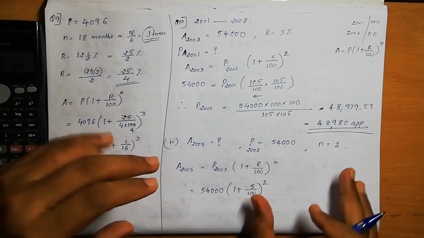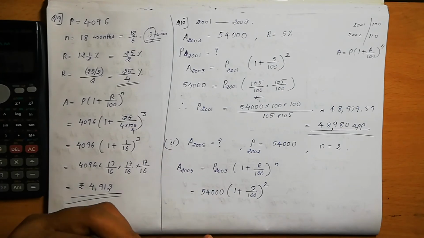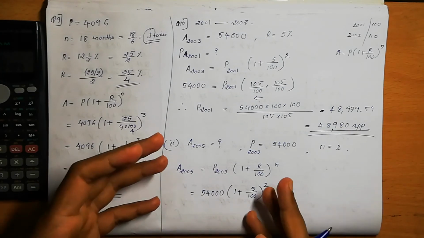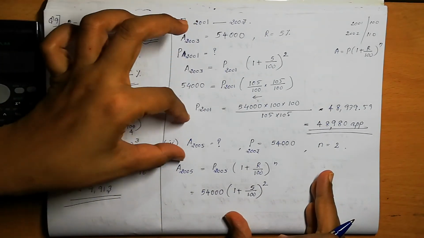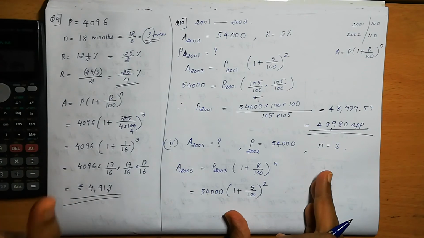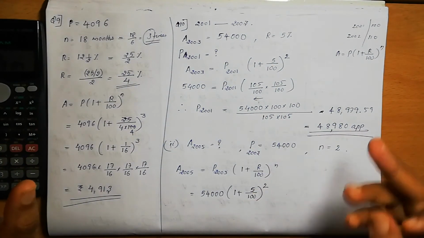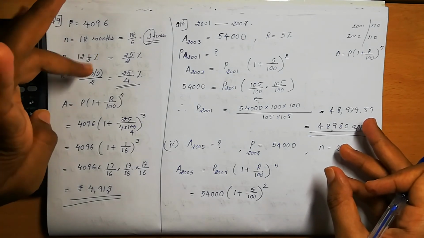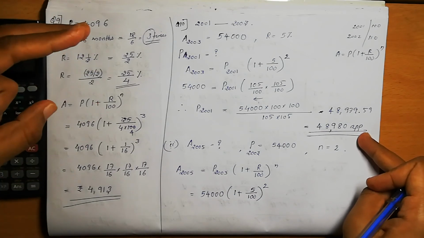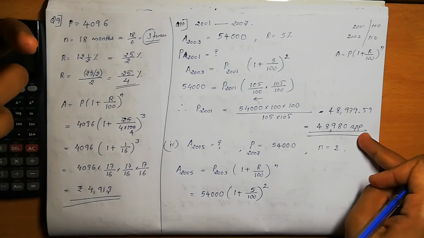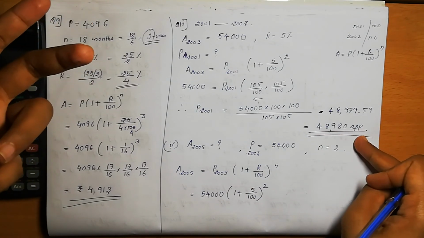This is clear only, right? Here we are going to find the population in the year 2005. So the increment is also adding, correct? This is like compound interest only, right? If you are taking 2001 to 2005, we can take the n value as 4. But in that case, why am I not taking it? Because one thing, we need to do more calculation. Second thing, here we are taking an approximate value, so some changes in the answer will happen. So there is no mistake, but we need to do more calculation. That is the main thing. Then second thing, since approximate value only we are taking, because of that also some mistake can happen.